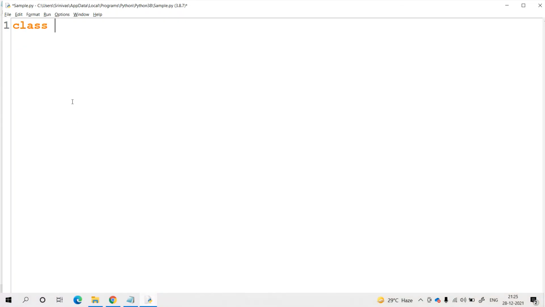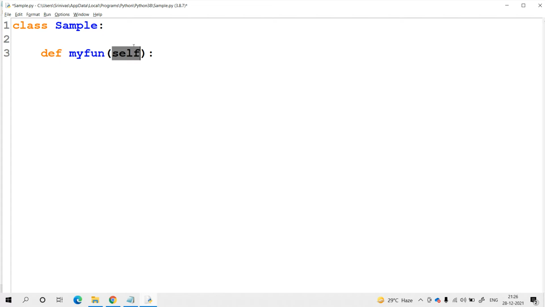In this class, the class name is Sample. In the Sample class, I did not create a constructor. Before creating the object of the class, let me take one user-defined function. The method name is my method, and it is an instance method. Don't worry, when we discuss the types of methods you will get the complete idea. So it is a simple instance method, and for this method we are passing the current class object.